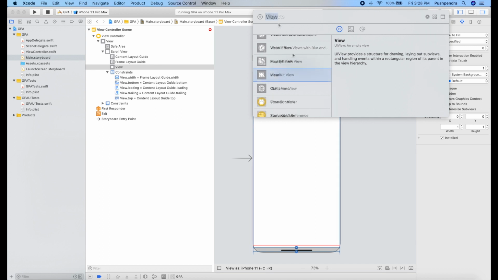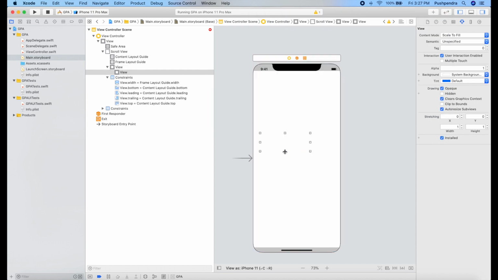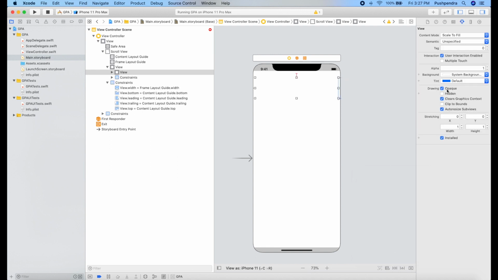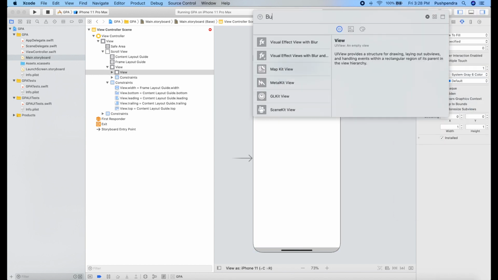Our design must be perfect. So here it is, the ads view. I will set the constraints over the ads view from all sides 20, 8 from left and right, and height is a constant 100. Change the background color to system gray 6.